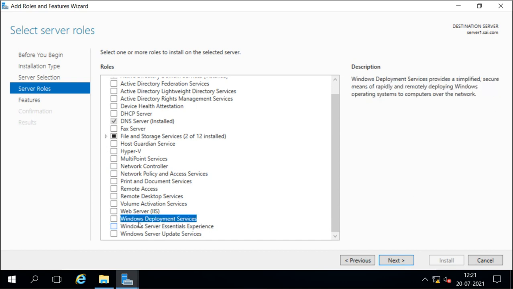This Windows Deployment Services provides a simplified, secure means of rapidly and remotely deploying Windows operating systems to computers over the network. With the help of this, we can install the operating system remotely through the network to multiple different machines. So we can use this.